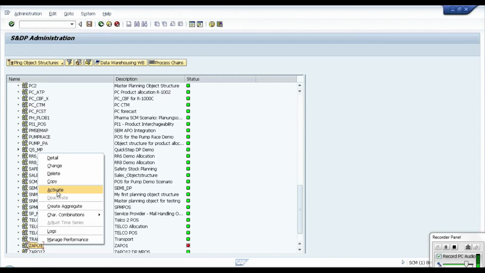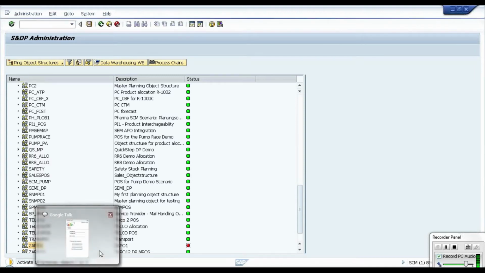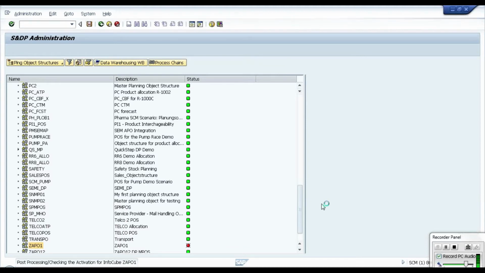Now I will do the activation. You can see the message that info cube ZAP1 is being created. In the background, it automatically creates an info cube to refer to this MPath, and then it will be activated. Normally it will take 2 to 3 minutes.